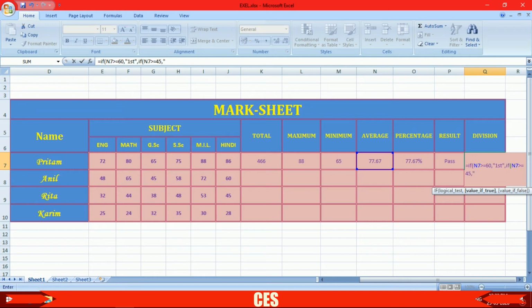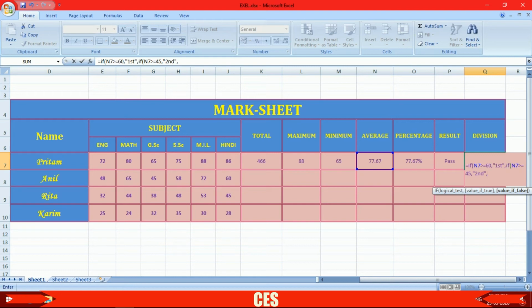So inverted comma open and write here second, then inverted comma close. This is our second condition.